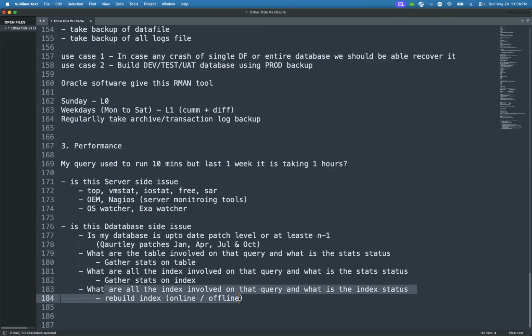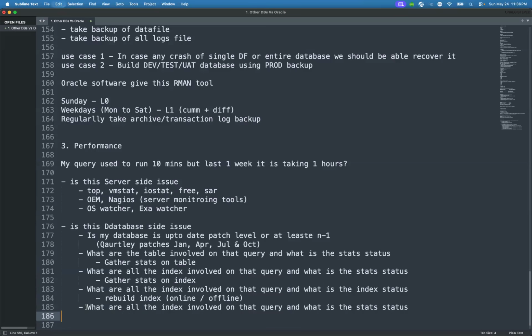Is it visible, invisible, unusable? Based upon that, rebuild your index. And finally, what is the execution plan? Or before the execution plan, what all the tables involved in that query, and what is the fragmentation